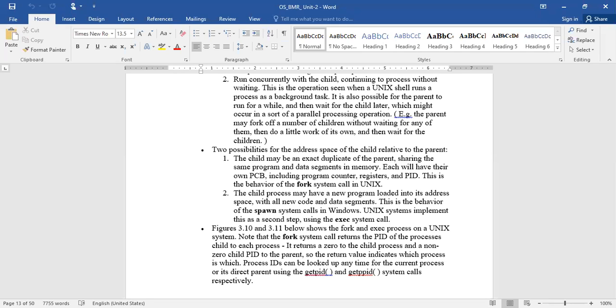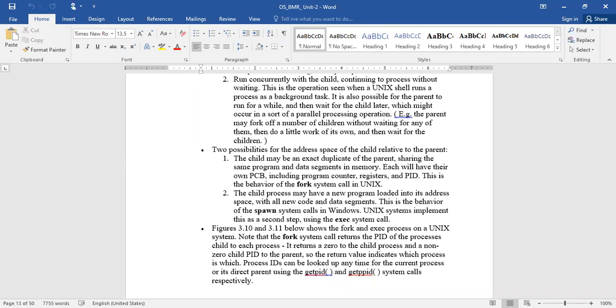Now the parent process has a PCB and the child process also has a PCB. Now, what about the memory? Whether the child shares or uses the memory of the parent, or creates its own. These are the two different possibilities in terms of address space.